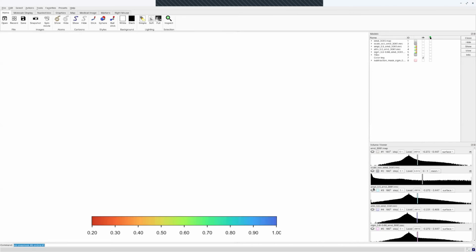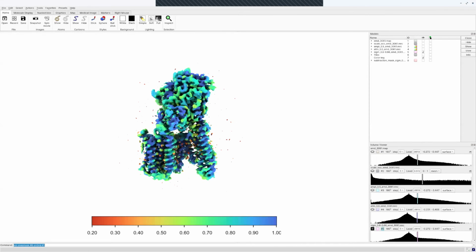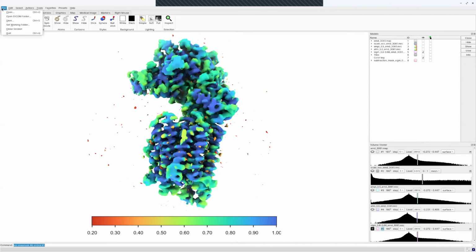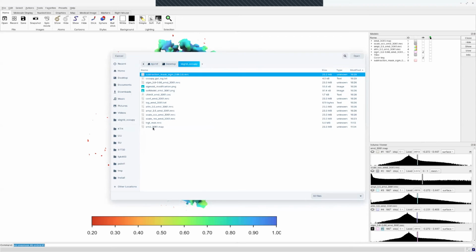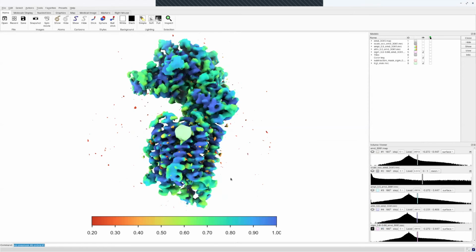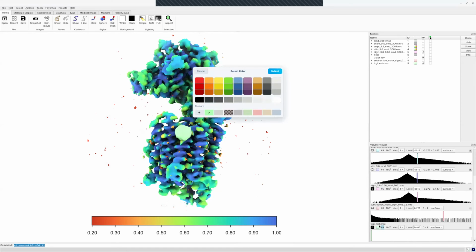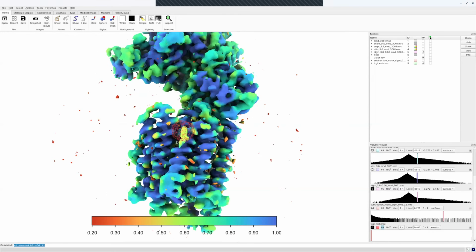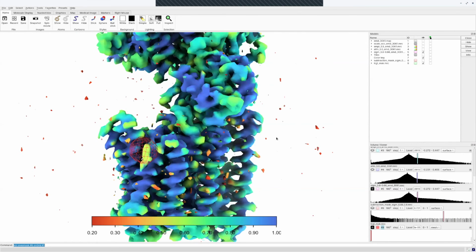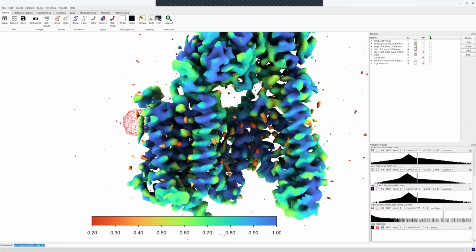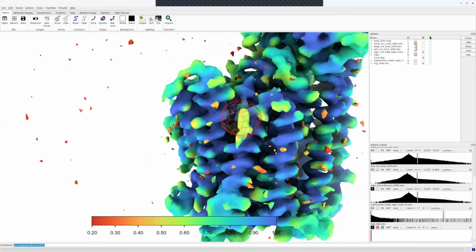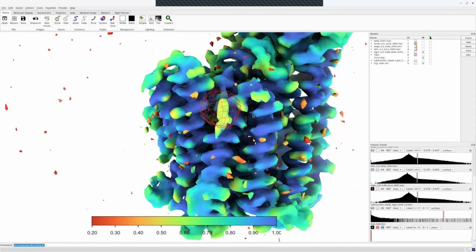We have, for instance, this sigmoid modified reconstruction. And let's open the target mask that I have prepared. We will make it easy to see. So basically, we are simply asking the question within this small region, what is the occupancy? Because we can see that there's something here that we might be interested in.